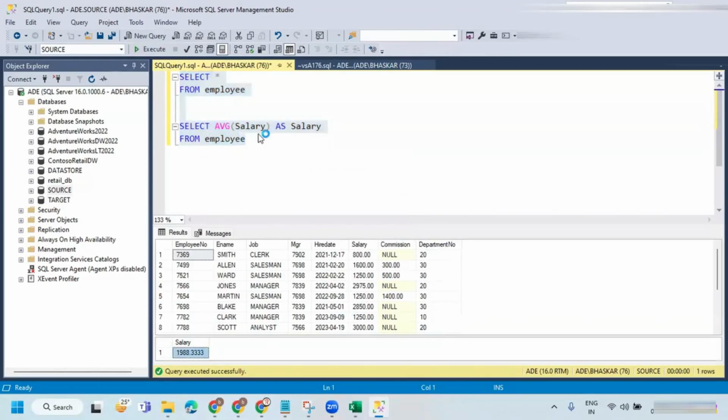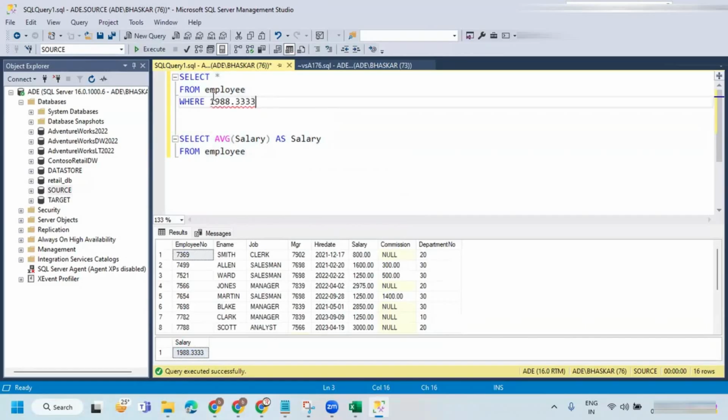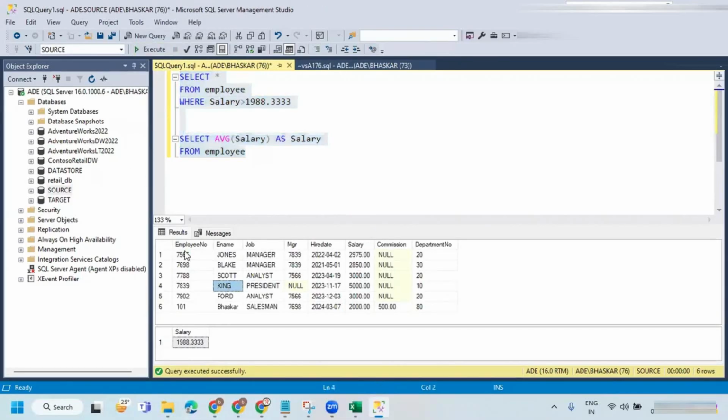If I apply the filter where salary is greater than this, then you can get it, right? So these are the records you have to get. First you need to get the average salary, and that average salary you have to bring to this particular place.